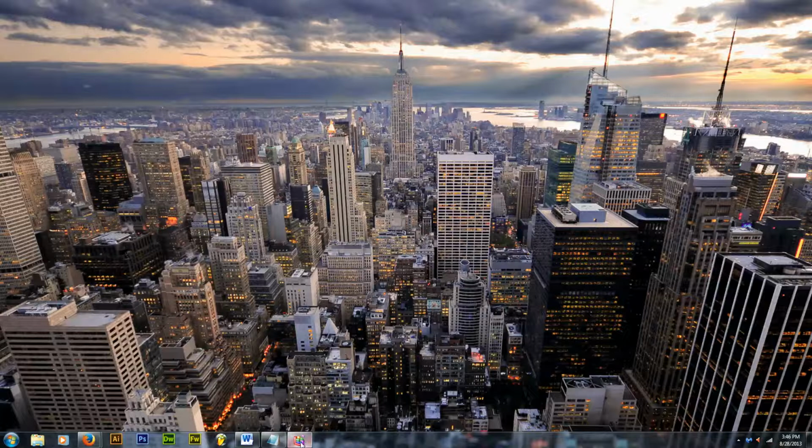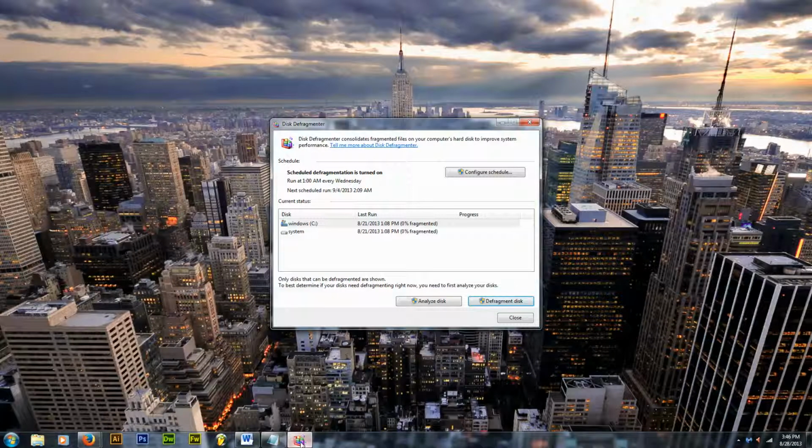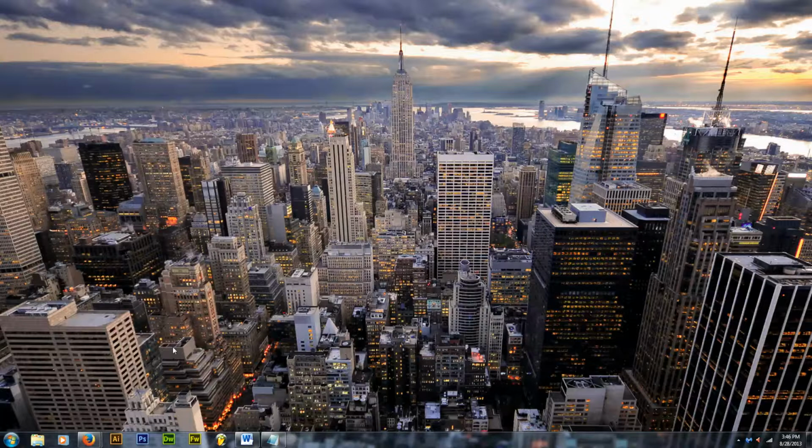We need to verify that the defragment has been completed. When it is completed, it will have today's date listed under the last run section. It will no longer say running, it will have today's date. That means that it's complete. When it has today's date, I want you to close out of this, and I want you to restart